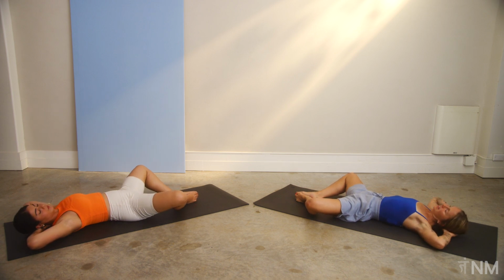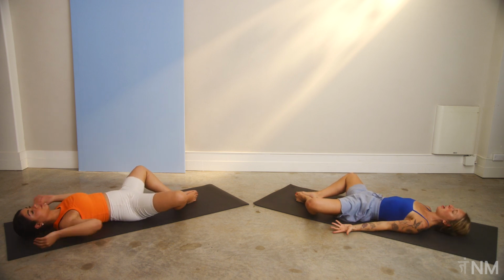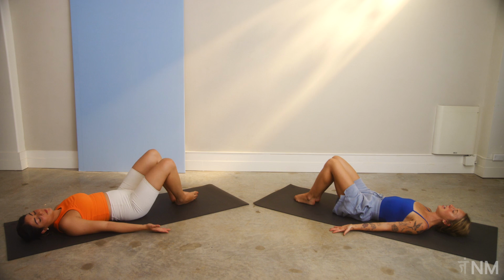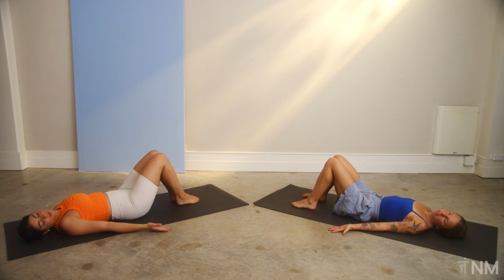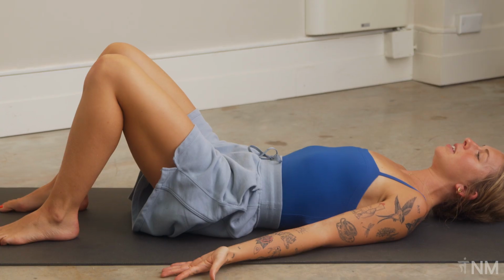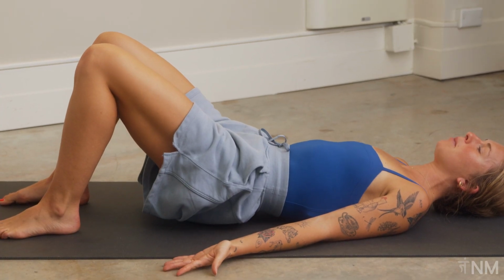So you can take the hands out from behind your head and just take them off to the sides. Palms can face up to a comfortable position. And then we'll gather the knees back in. Heel toe the feet a little bit wider, about hip distance apart. And you can begin to press into your heels and peel the hips all the way up